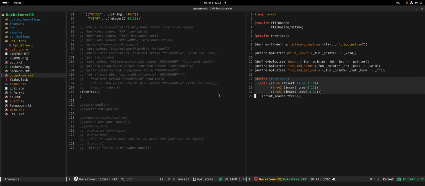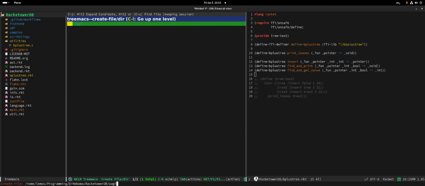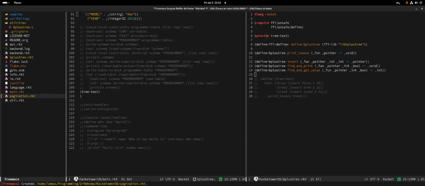So I guess that means that we need to start thinking about pagination. Yeah, I think that needs to be the case. So where the heck is this pagination gonna live? This is not AST stuff, so the struct of the pagination is not gonna live there, that's for sure. Let's think about it. My initial instinct is to make a file called pagination.rkt. That could work.